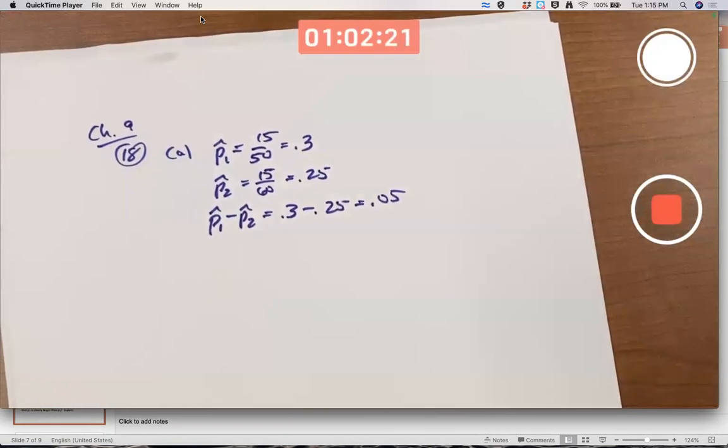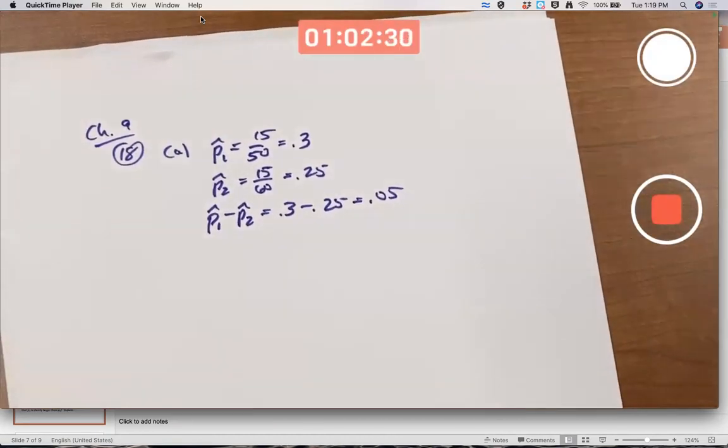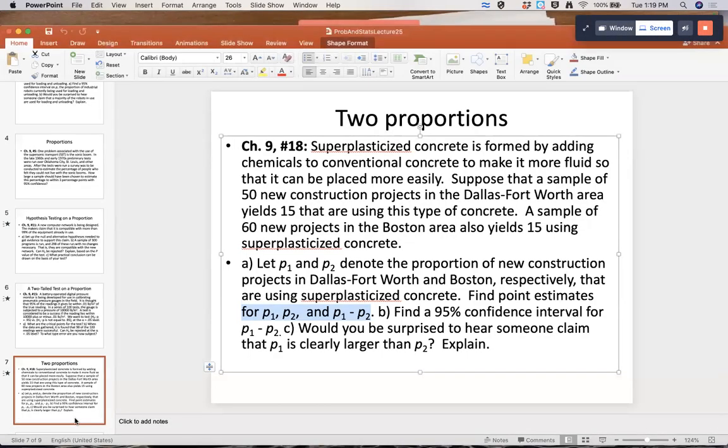Very natural and logical. Is it an unbiased estimator? Or is this an unbiased estimate from an unbiased estimator? If you assume random sampling, yes, you can prove that. It's also technically necessary to prove that the samples are independent, at least if you want to know facts about the variance of this difference. That these samples are independent of each other from these two populations seems reasonable since Dallas-Fort Worth and Boston are so far apart.